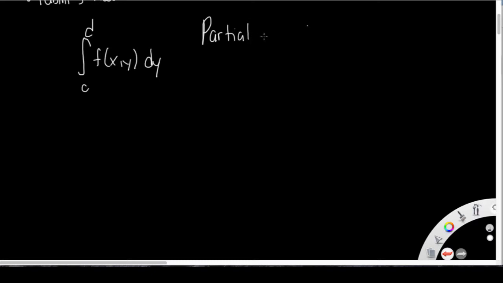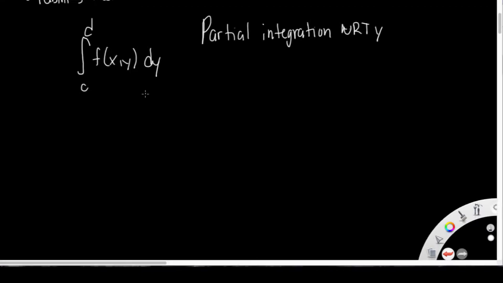Partial integration with respect to y. Okay, notice the correlation between partial integration and partial differentiation. We hold one of the variables, or all of the variables except for the independent variable. We hold those constant and differentiate or integrate with respect to the independent variable. Since this integral is a number that depends entirely on the value of x, it defines a function of x, and I'll call it some area